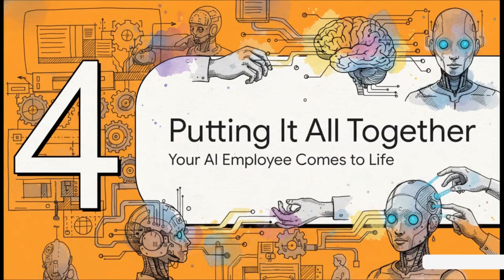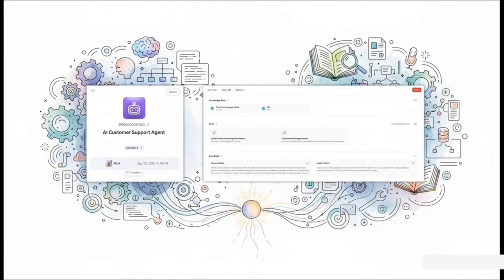All right, so we've got all the pieces: the job description, the brain, and the hands. Now let's see what it looks like when our AI employee is fully assembled and ready to go. This is such a great summary. On the left, you see the agent info. That's its core purpose, its job description. And over on the right, you see all the resources it's been given: the brain, which is the knowledge base it has studied, and the hands, the specific tools it can use to perform actions. All of these pieces come together to create one functional agent.